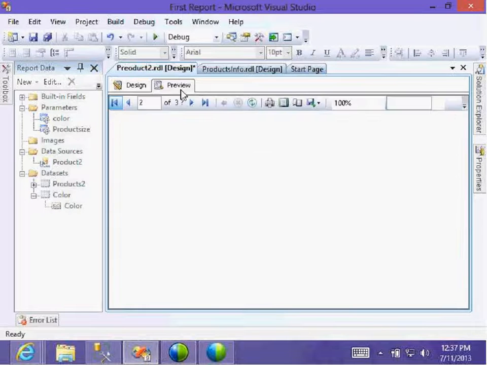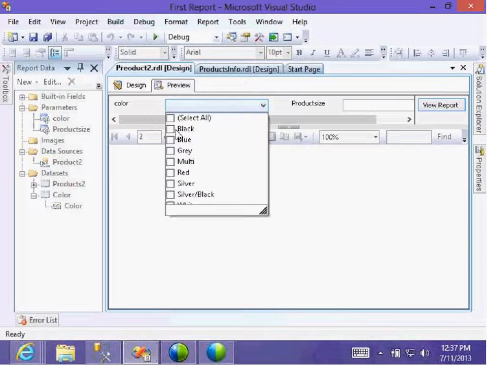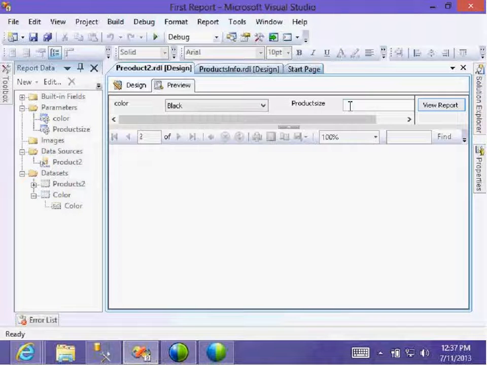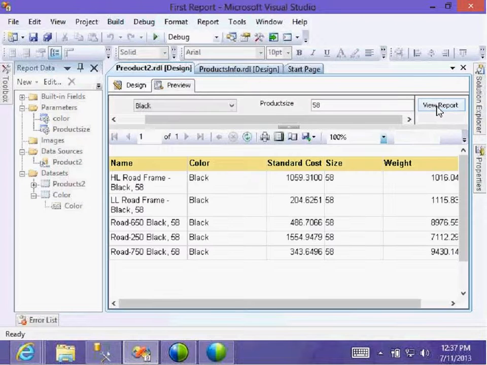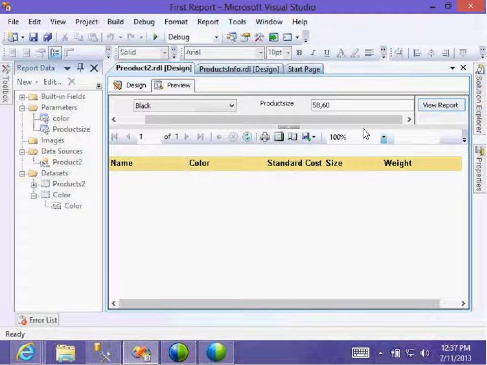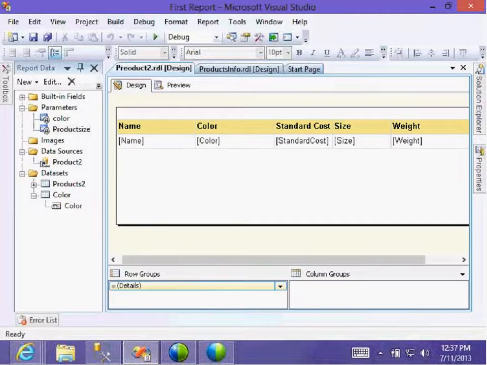Now I need to select the color, size. No, I don't want to enter the sizes.